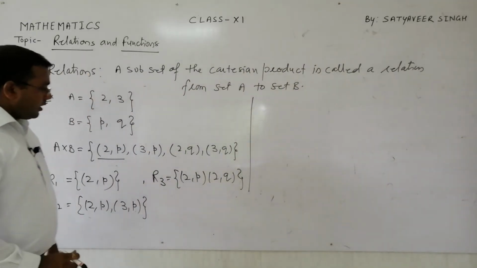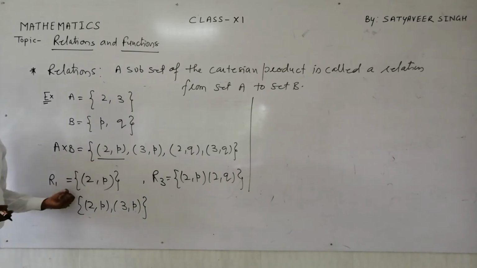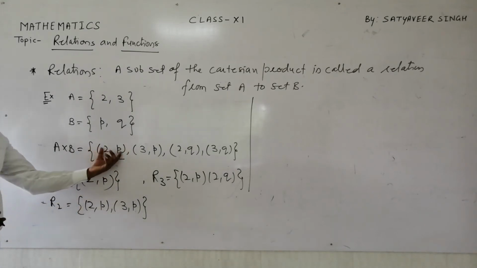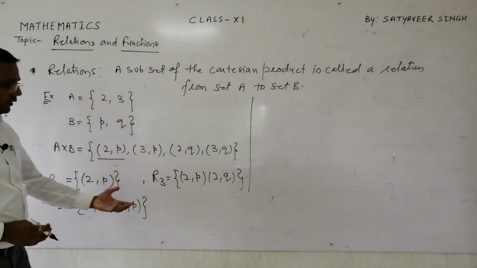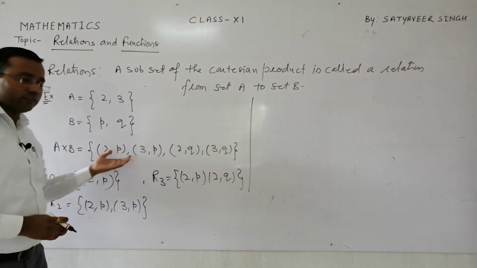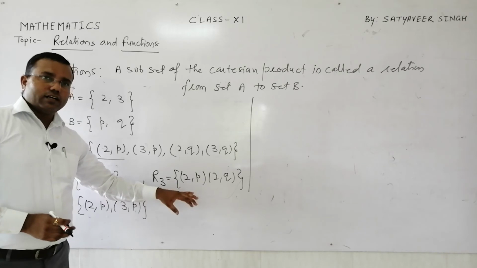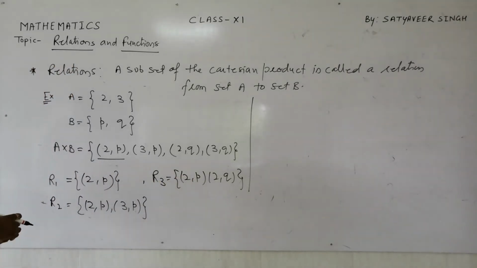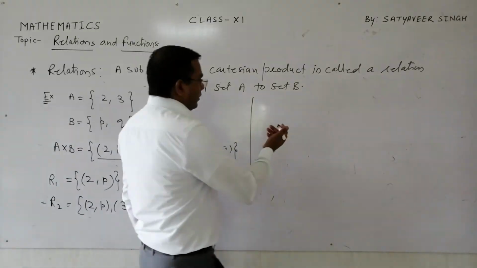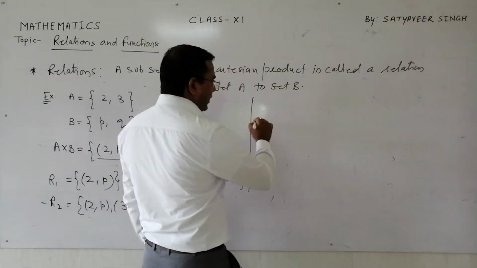What I am saying, I have taken the subset from this set. Now this ordered pair are the subset. These two ordered pairs are the subset of this set. So that is why I am saying these are making a relation. So it is represented by R. We can form the relation from a set itself also.